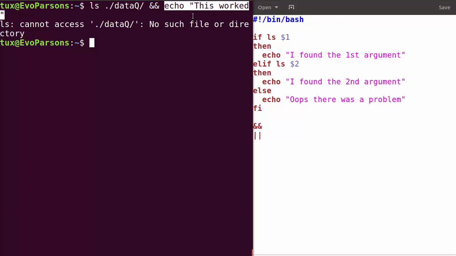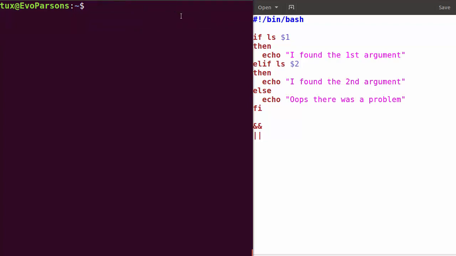So in concrete, very pragmatic terms, that means that Bash is not going to even try to evaluate this echo statement, which means it's not going to execute that command at all, because the first one was false. So this is what gave birth to this idiomatic approach, which is if I want to execute, for example,